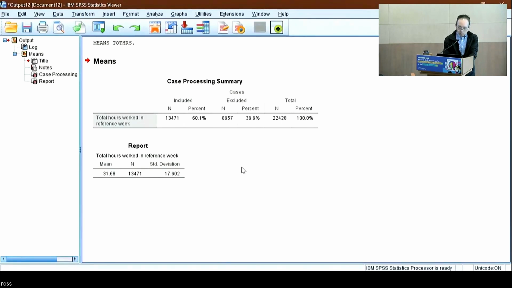The other table output is the report table. The first column shows the mean hours worked in the reference week, in this case 31.68, and the second shows the number of valid cases, and the third the standard deviation, which is once again 17.602. You should now know how to generate a mean and standard deviation for a continuous variable in SPSS using shortcuts